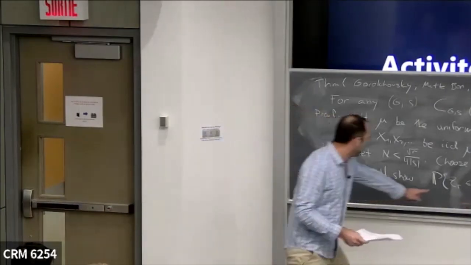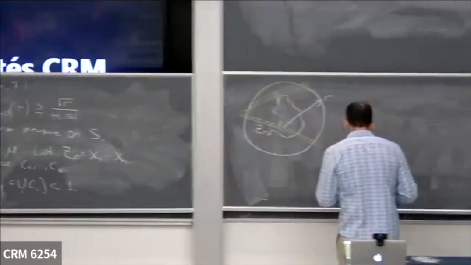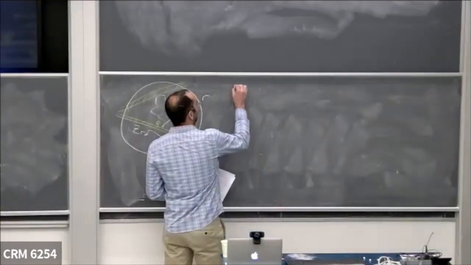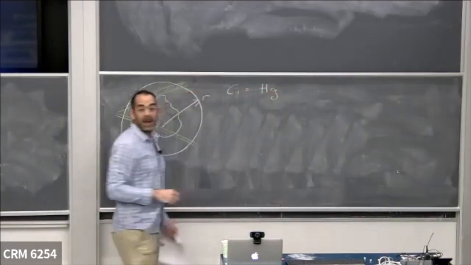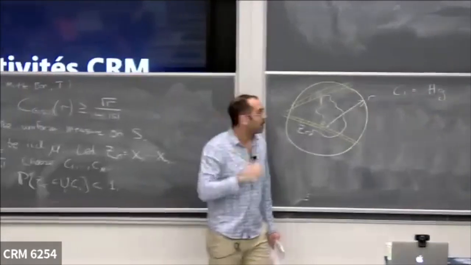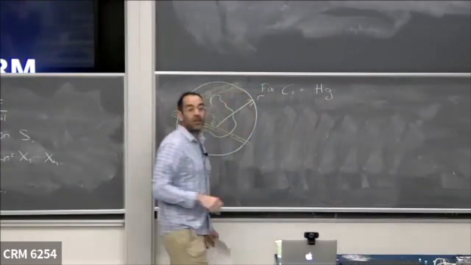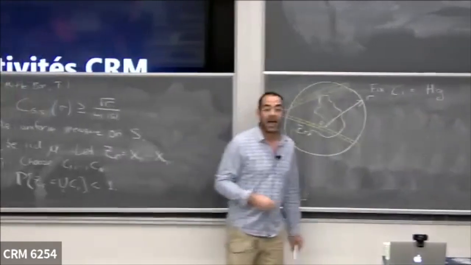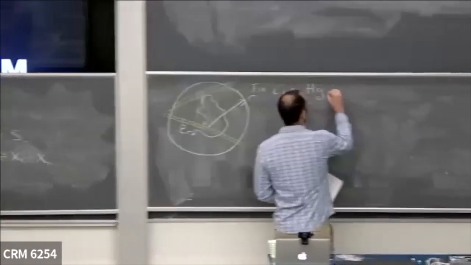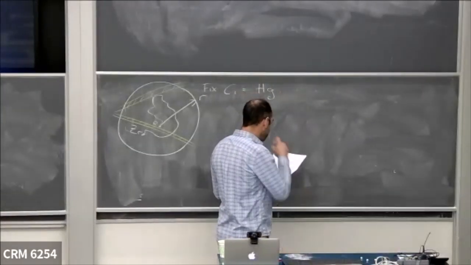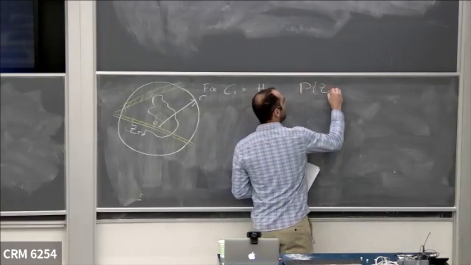Okay, so how do we do this? Good. We're going to look at one of these CIs, and it's going to be something of the form HG. So we'll fix some CI which is equal to HG, where H is an infinite index subgroup, and G is... HG is the coset. And what we want to figure out is what is the probability that Z is in